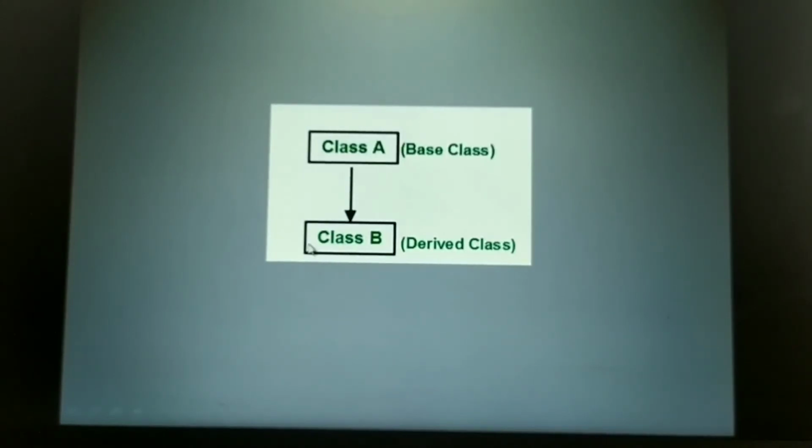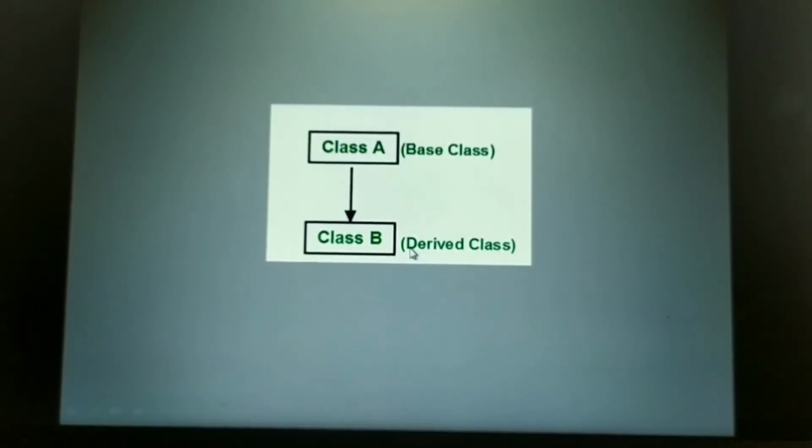So this child class can also sing, plus you can include additional features in this derived class, that he can also dance. So this child class can inherit the properties of the base class, plus he can also have additional features. The existing class is known as the base class and the new class is known as the derived class.